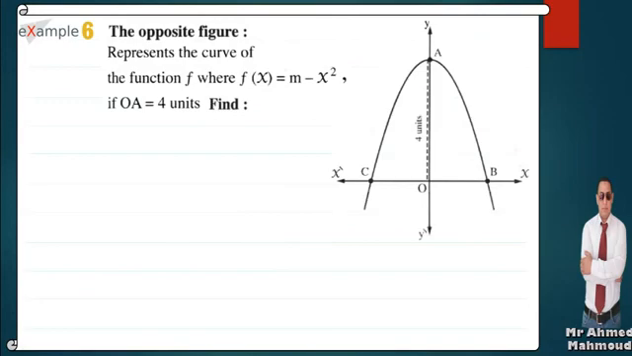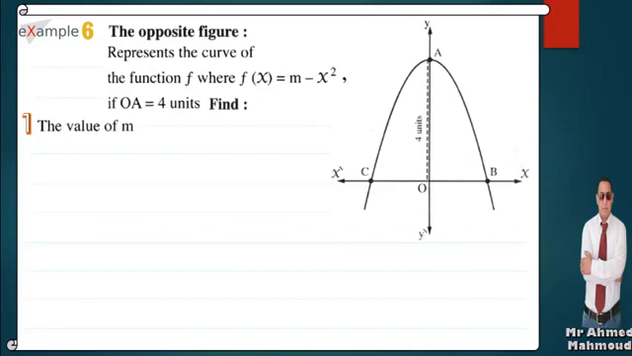Okay. The next example, in the opposite figure, represent the curve of the function f of x equals m minus x power of 2, where OA equals 4 units. Then find, number 1, the value of m. Okay. To find the value of m,